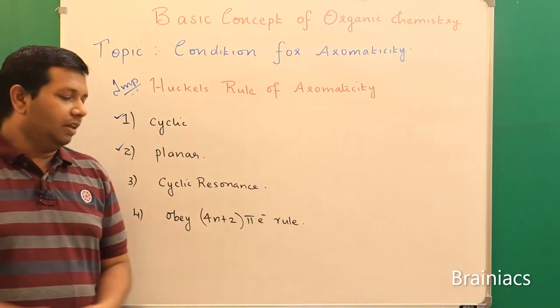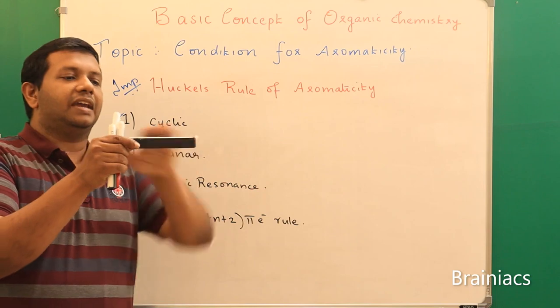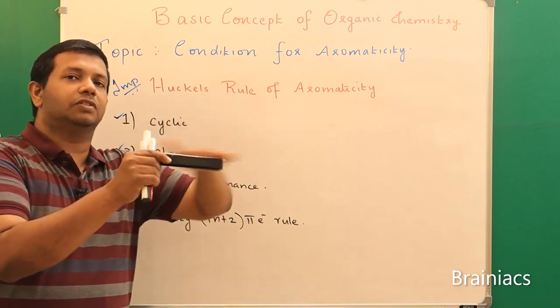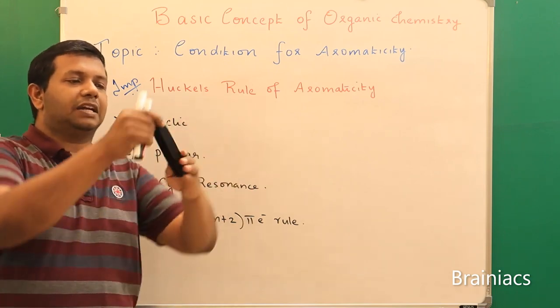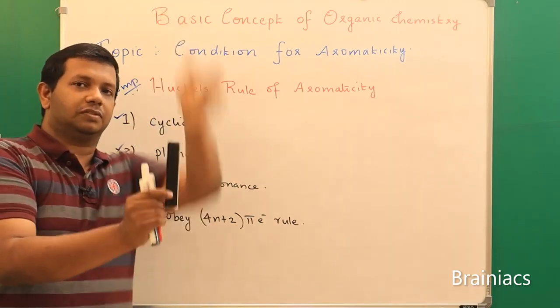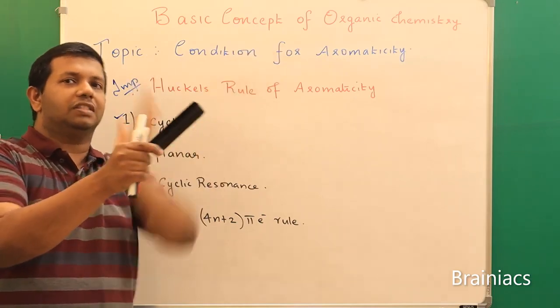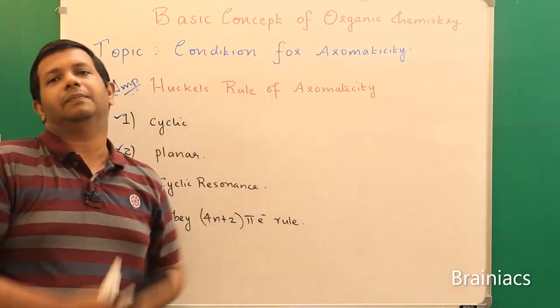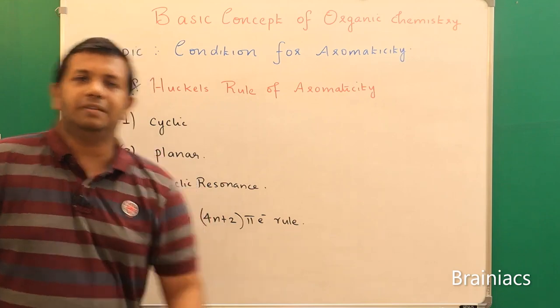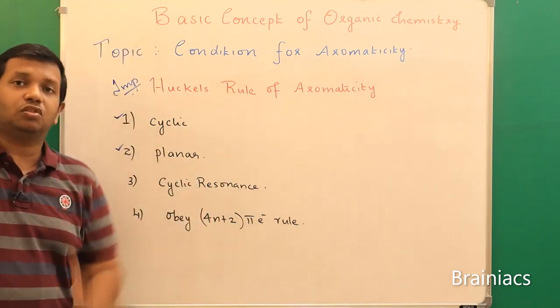Single plane means we know there are different planes. For example, if you take this duster, I can say this is the horizontal plane of this duster, correct? And if I keep this duster like this, I can say this is the vertical plane of this duster. And if I put it like this, it's an inclined plane. Okay, so if somebody says that an organic compound should be planar, means the ring structure,